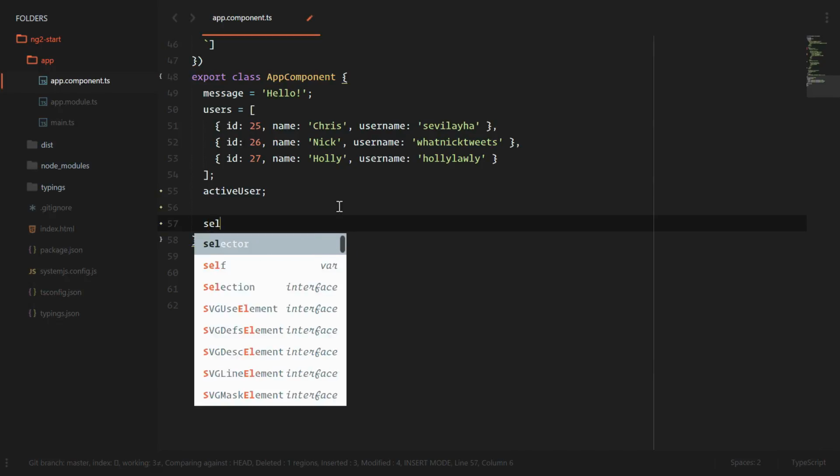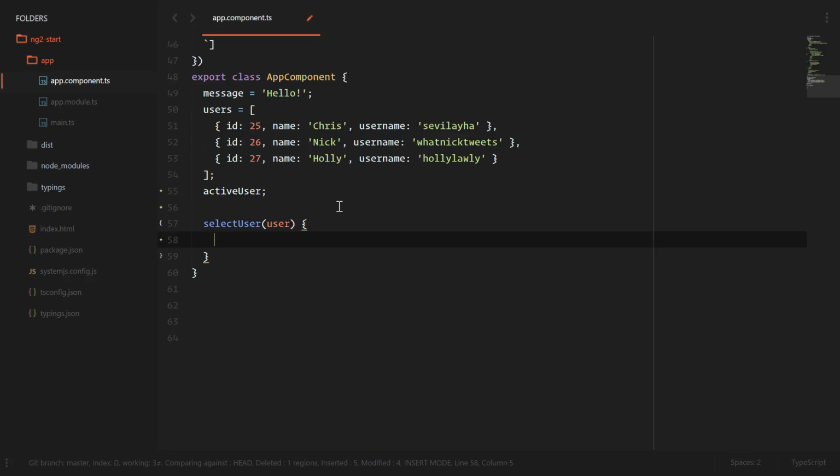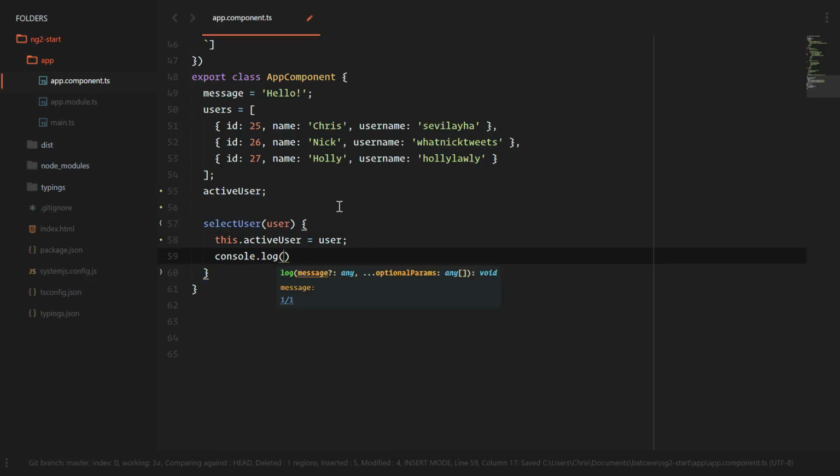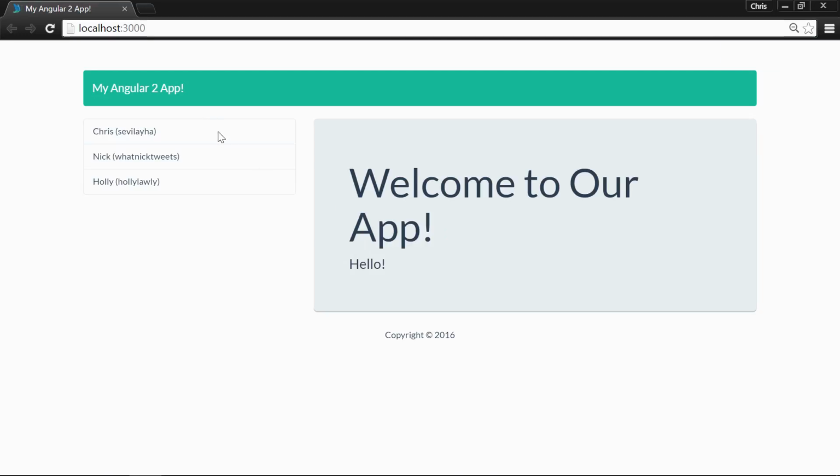We'll create select user, pass in the user. We'll now set the active user, this.activeUser, is equal to user. And while we're at it, let's console log just to see what's going on here. We can console log this.activeUser actually. We'll do that. When we click,